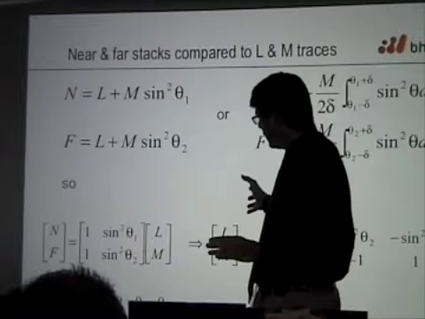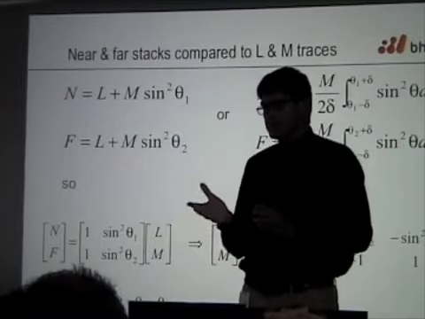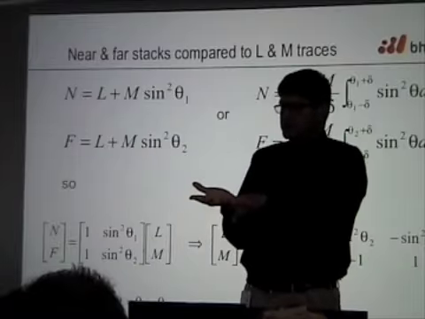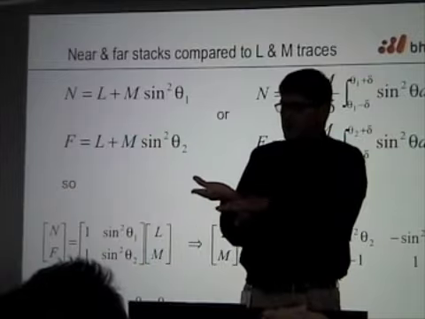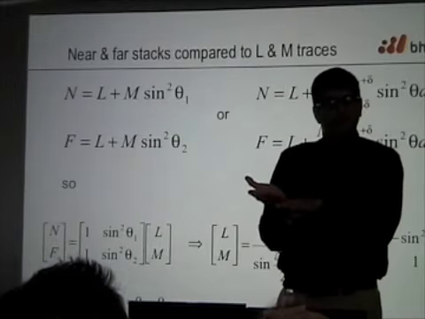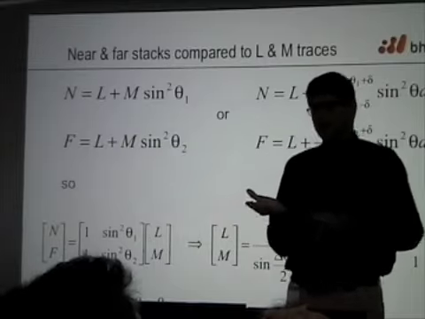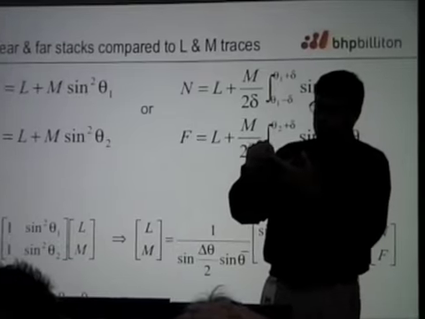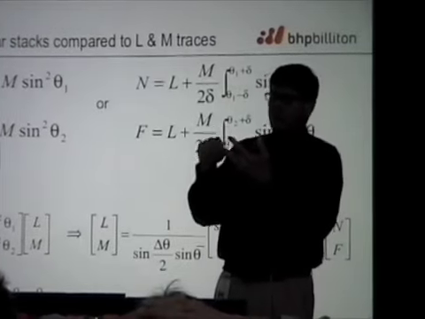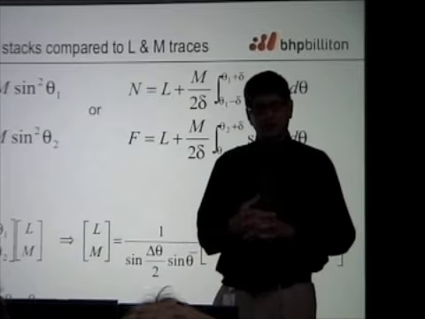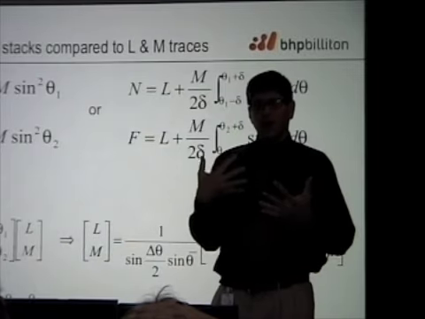But if you're going to try to understand where things are in a two-coordinate space, you like to balance out those two first eigenvalues a little bit better. And to balance them out, you like to go to a near and far. Okay? So instead of looking at L and M space, you should be looking at M and full stack space, or something like near and far space,